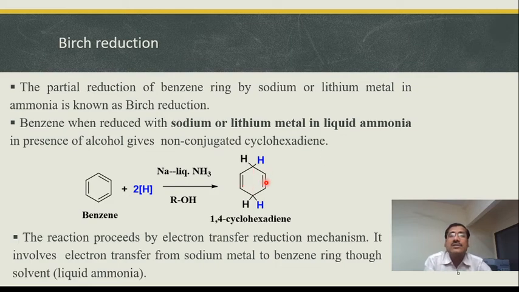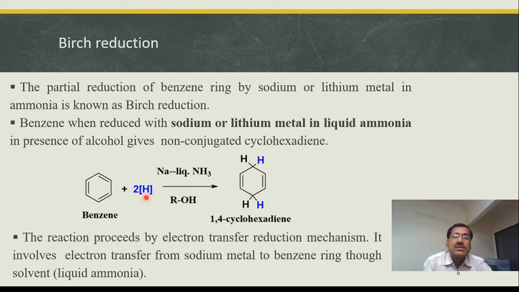So here we have seen the diene, the conjugated dienes which are having separation of more than one single bond, they are referred to as non-conjugated dienes or isolated dienes. So here, non-conjugated cyclohexadiene, and when you do the Birch reduction of the benzene ring, you will get,